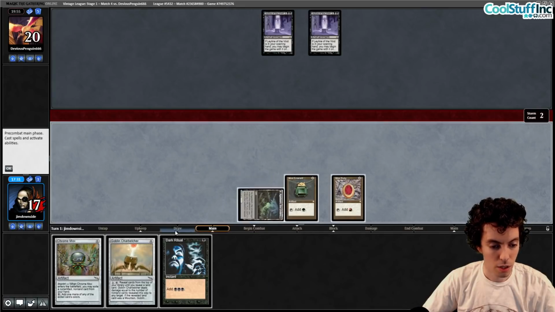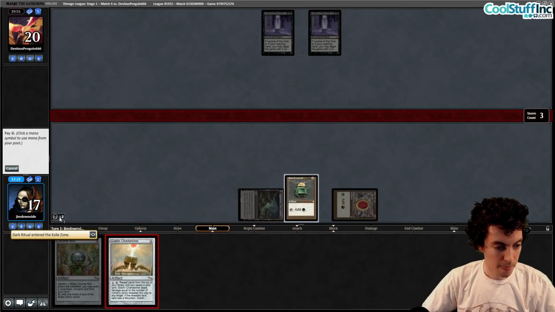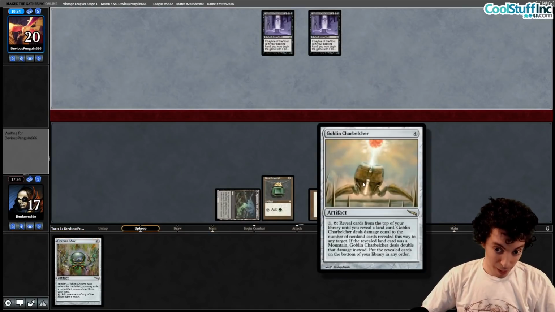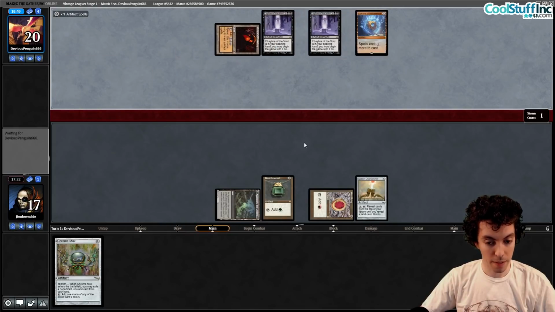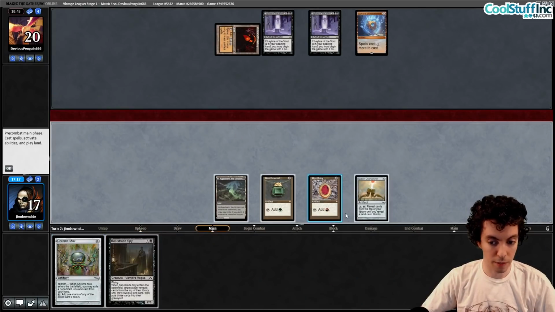Pay 3. Ritual. Belcher. And it is on you to... You can't kill this, probably. Unless they have, like, Pithing Needle or something like that, which would be pretty gross, but... Sphere of Resistance, don't matter. You're just dead. Alright, easy game. Didn't even need to draw, yeah. We drew it anyway, but...